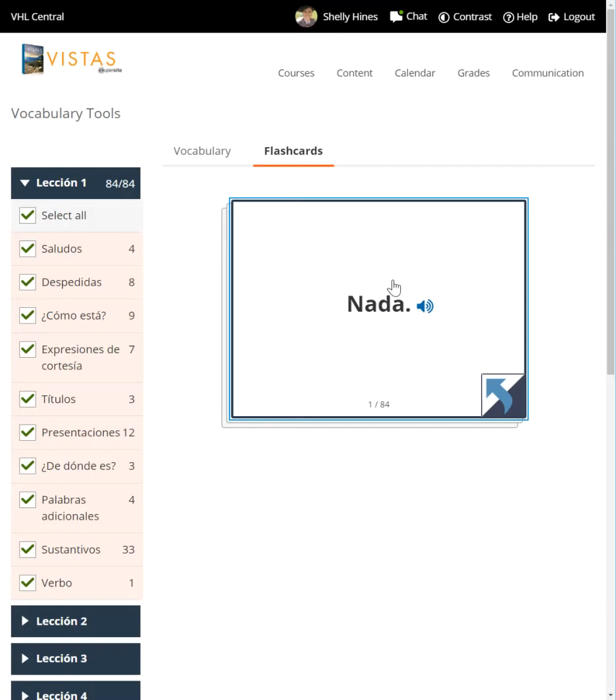Let's start with Spanish for an example. I'm going to hear the pronunciation when I click this. "Nada," it said. And let's say that I already know that that means nothing. So when I click it and it says that, I'm going to say, yeah, I know it. This means it's not going to appear in the rotation next time.